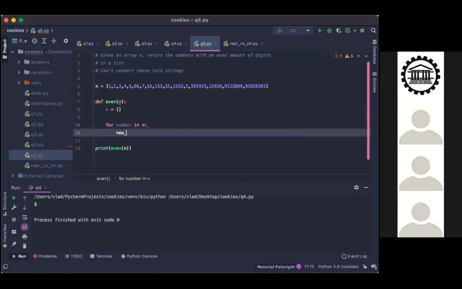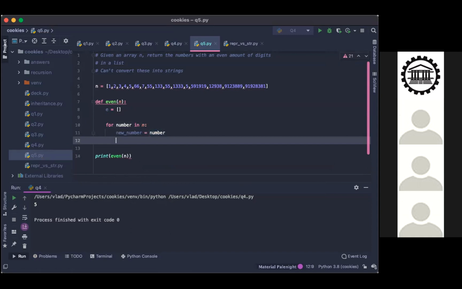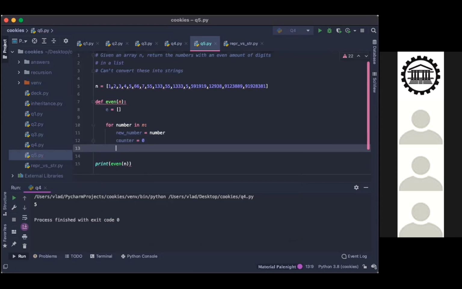I would create a new number which equals the number that we're iterating through. And then we'd have counter equals 0. All right. Any idea what we do after this, given these new variables?